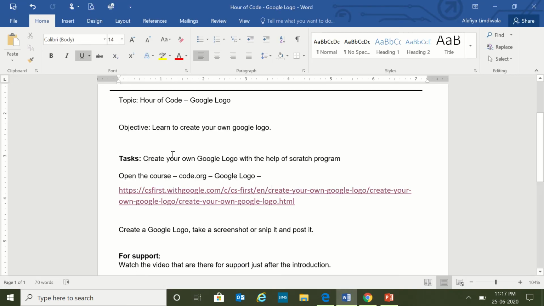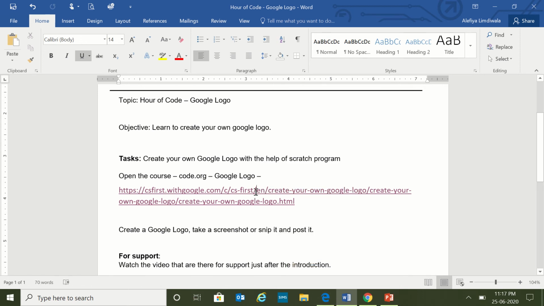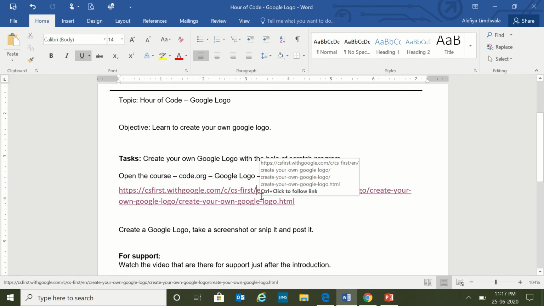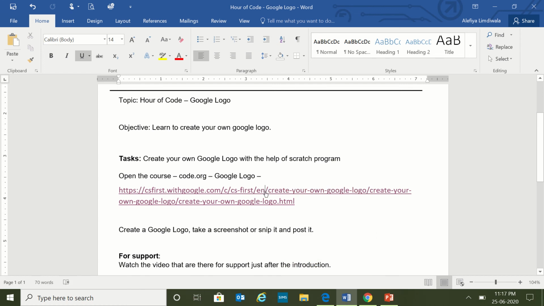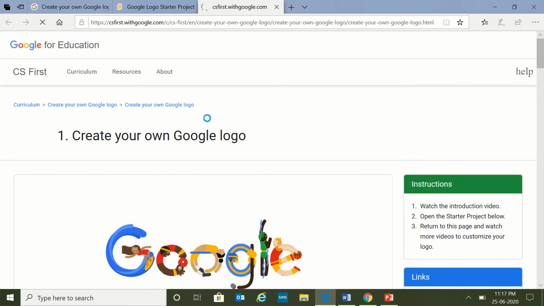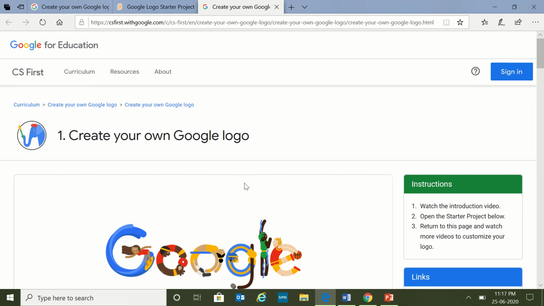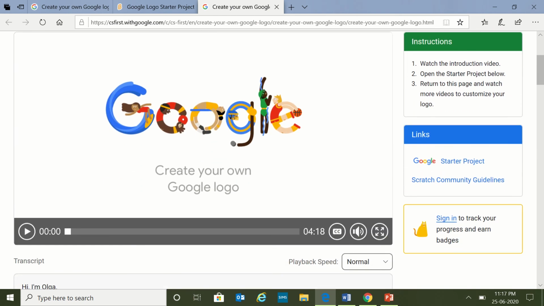Now in a worksheet, I have given you this link. When you click on the link, it will direct you to another page which will open the program for you. Now this is a video which will help you understand about the Google logo.